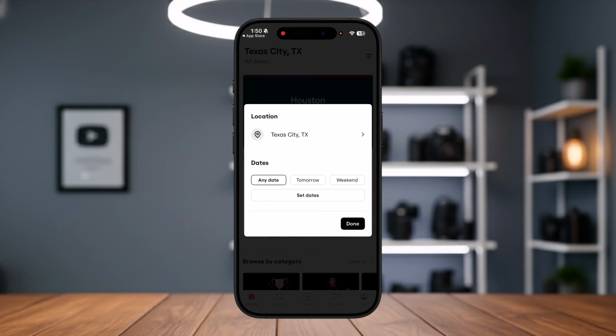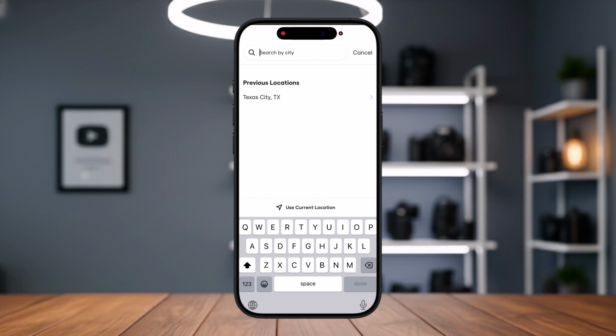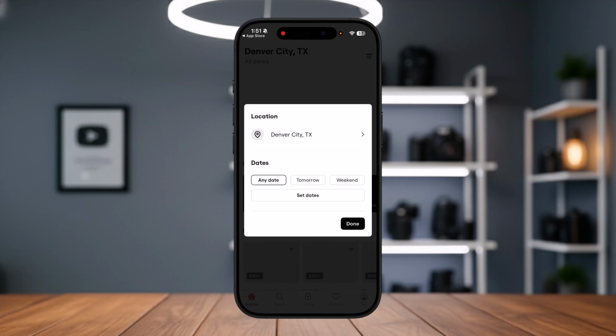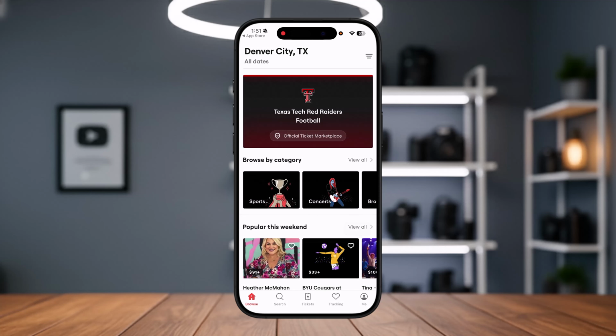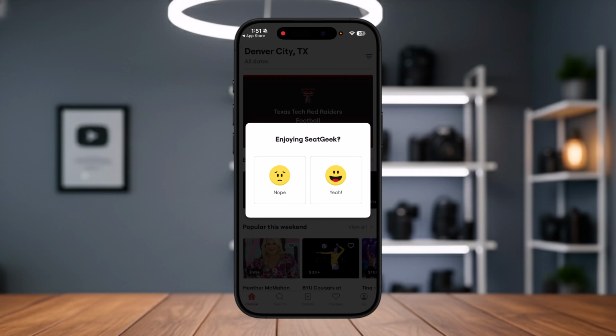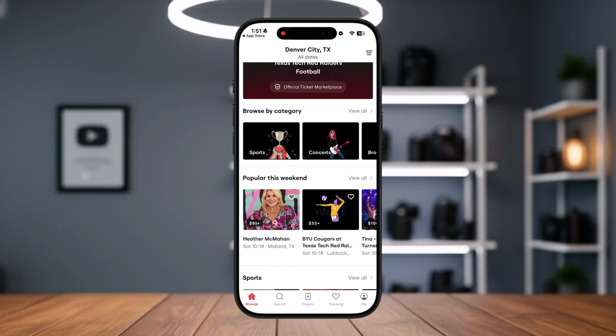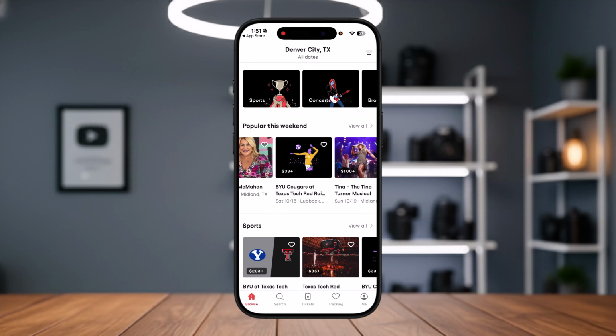Now on the top, you can simply go ahead and select what state you are in or where you are based on. So for example, if you're in Denver, you can simply go ahead and enter Denver. Or if you are in Texas, you can just do that as well. So all you need to do is just select your state first. And then now what you want to do is simply go ahead and search for the show that you are